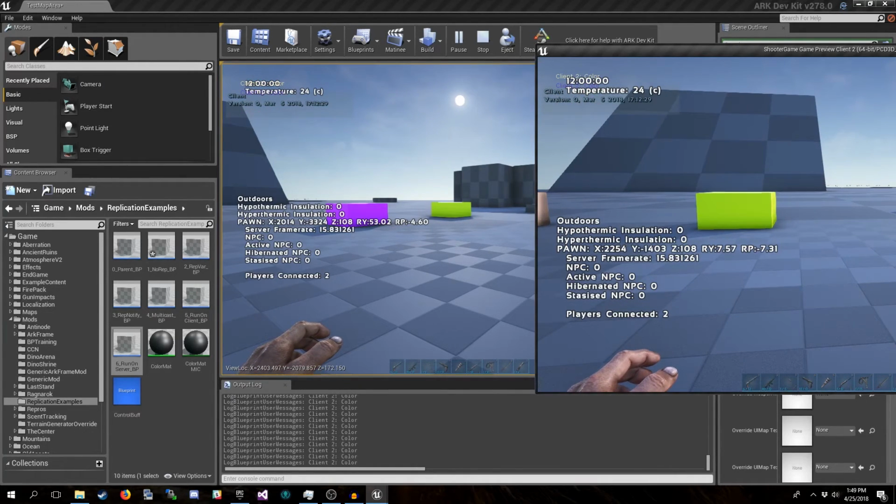Now, obviously, network latency in the actual live game does play a factor here. There'll be some latency between when clients see it, but as you can see, that replication is actually initiated at the same time for all of them in relation to their own network speeds.